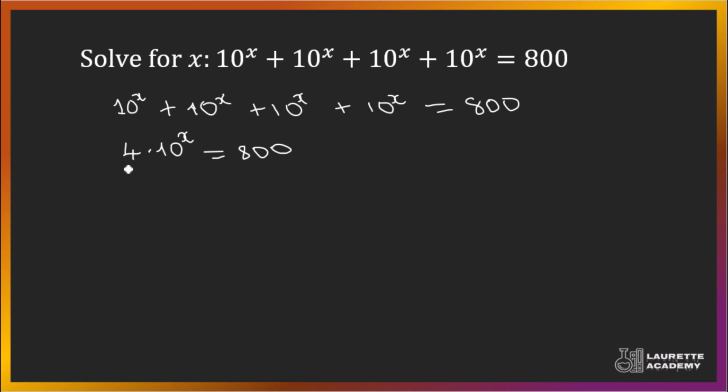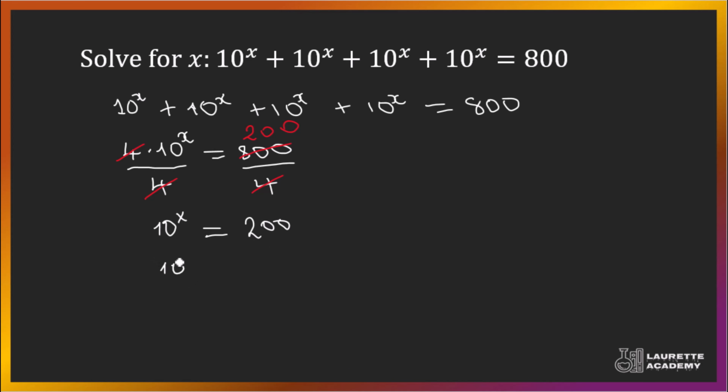Okay, now let's divide both sides by 4. So we have 4 times 10 to the power x divided by 4 equals 800 divided by 4. On the left hand side, this 4 will cancel this. On the right hand side, 4 will cancel 800. We have 200. So we have that 10 to the power x is equal to 200,